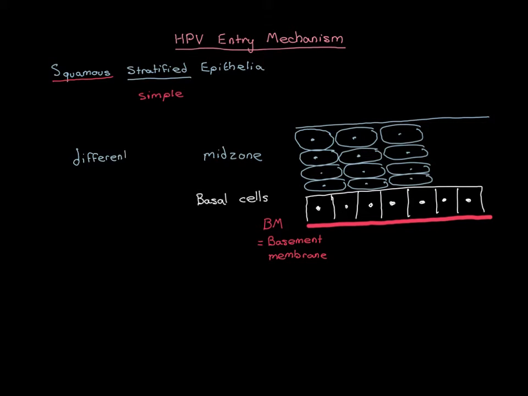So the stem cells are very sort of boring cells. They don't have any particular properties. Their job is to give rise to other cells that are going to be specialized for a specific purpose. So these daughter cells are going to go through the process of differentiation, and they're going to gradually become more and more specialized. So in the midzone layers, they're gradually moving up here, and they have become bigger than the original basal cells down here and more round. And then above the midzone layer, we're going to have another layer of cells, which is going to be the superficial zone, which I'll do